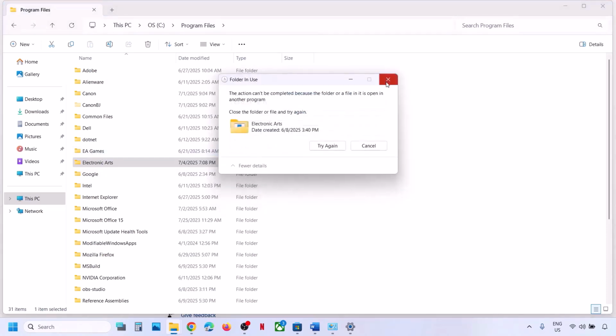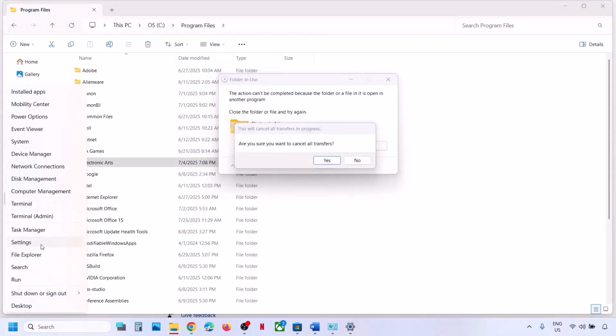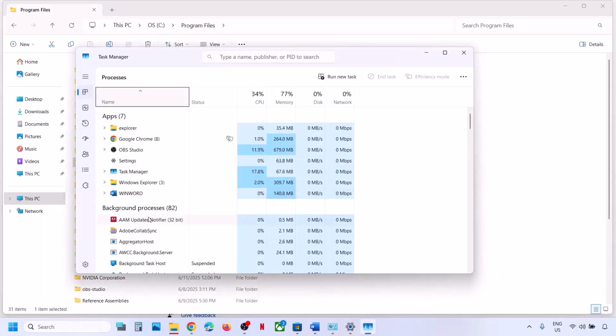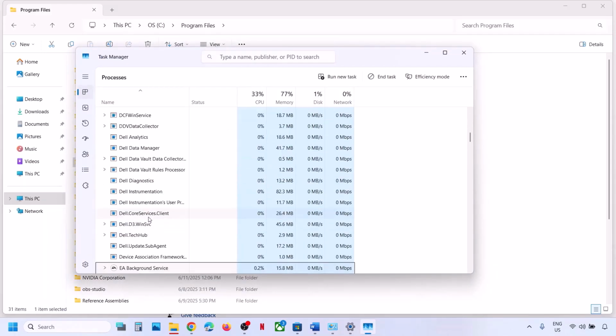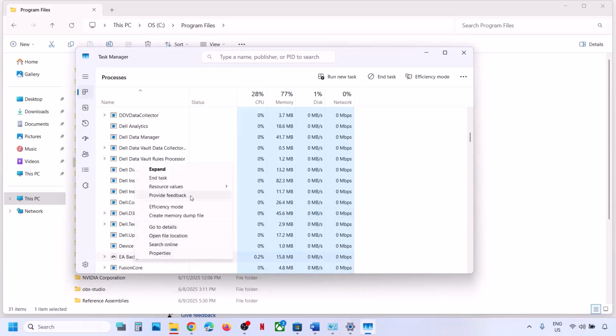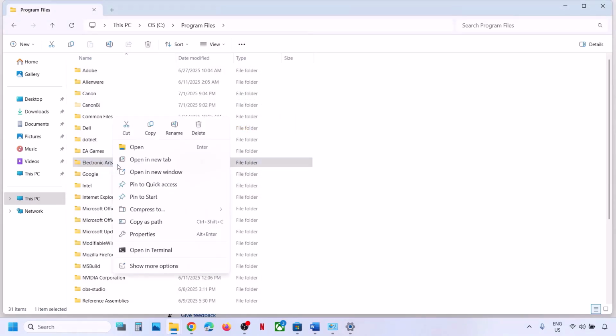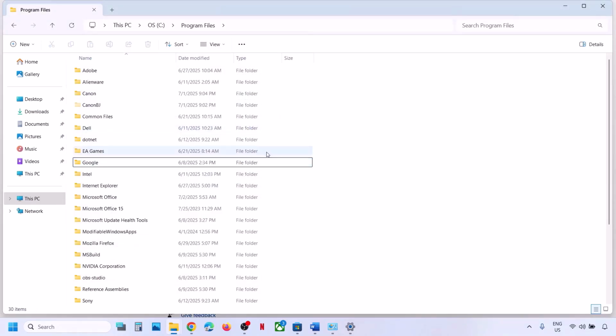If you see the try again option, that means EA app or EA services is running somewhere. So you can open Task Manager. In my case, it's EA background and task, and you can end this EA app. Once done, do not delete this EA games. Okay, now